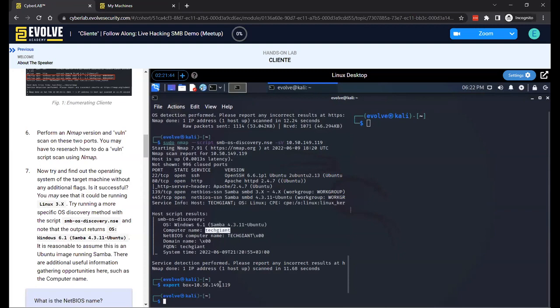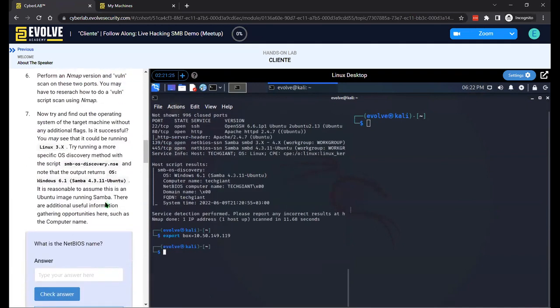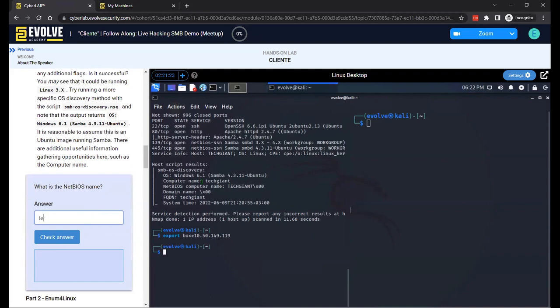We've also got a computer name, Tech Giant, from this scan. So the NetBIOS computer name here, Tech Giant. Thank you so much, Dan, for putting that in there. Fully qualified domain name, a whole lot of information. This is going to be useful later as we attempt to interact with this system, see what type of shares we have available. So if you're on step 7, the answer here is going to be Tech Giant,